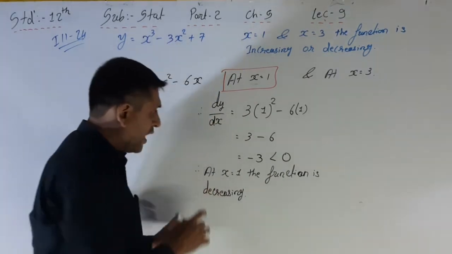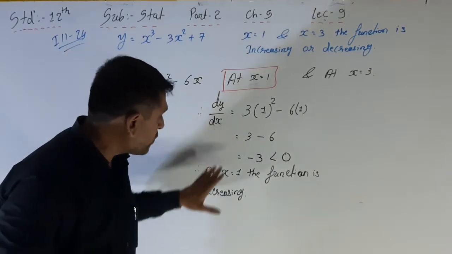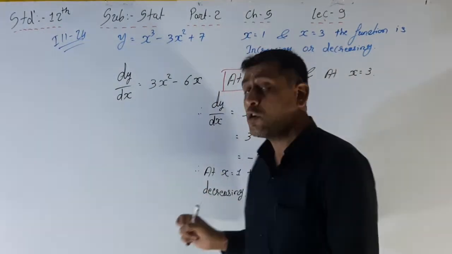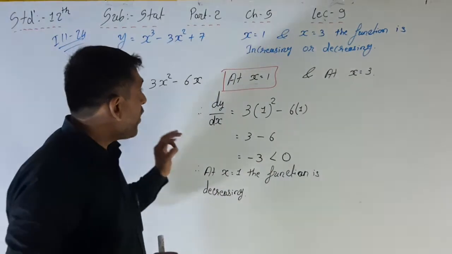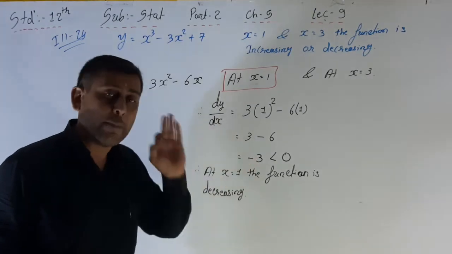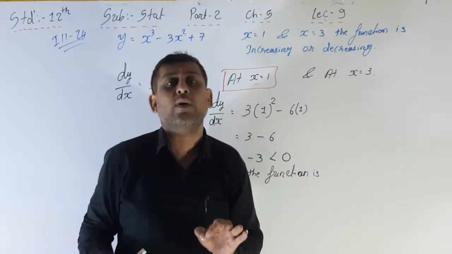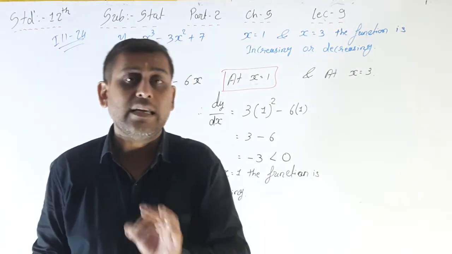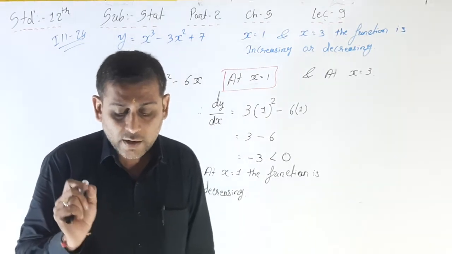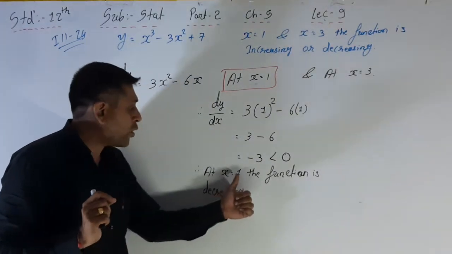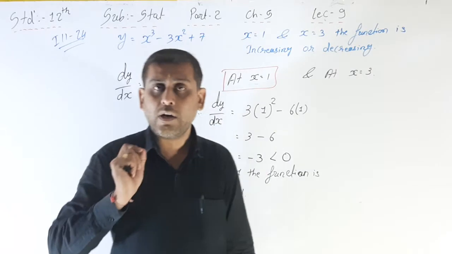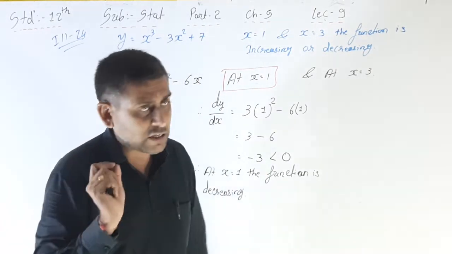See, this is your answer. If you find out this, but you don't write this, then you will not get the marks. The answer is this. You have to find out at which value the function is increasing or decreasing. Here you find that by applying the rule, that is minus 3 is the answer. That's why you can say the function is decreasing, but you have to write the particular answer. What is that? Here the answer is: at x is equal to 1, the function is decreasing. That is your answer. And if you don't write that, then you will not get the marks. Okay, so this line is very important.